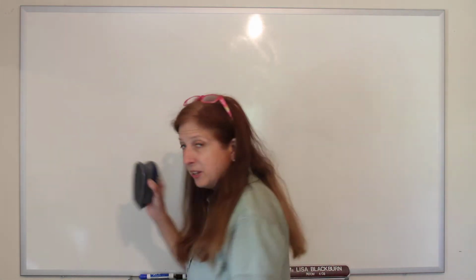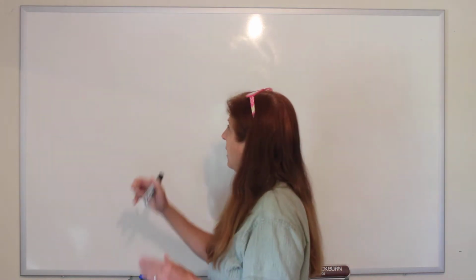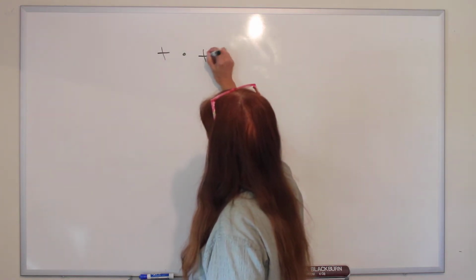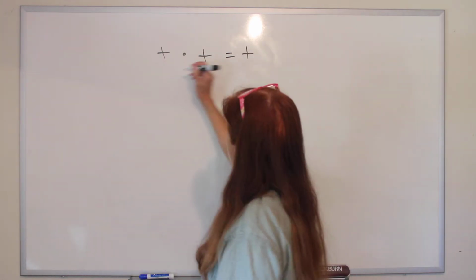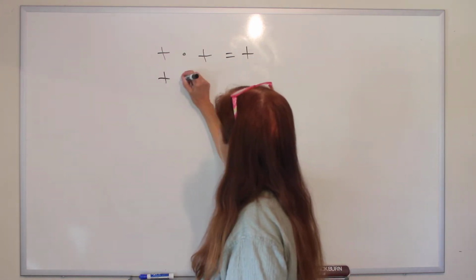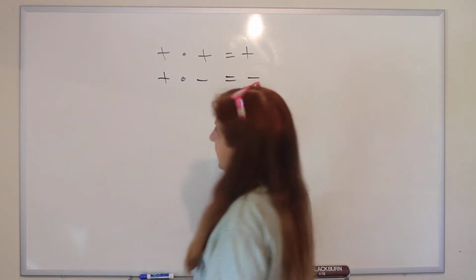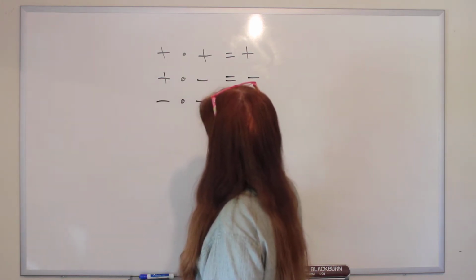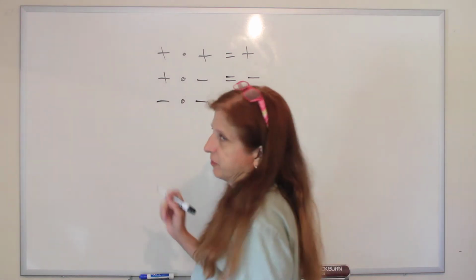But anyway, let's review. If you're multiplying and you have a positive times a positive, what do you get? That's right, a positive number. If you have a positive times a negative number, what do you get? A negative number. And if you have a negative times a negative, weirdly, you get a positive because two negatives